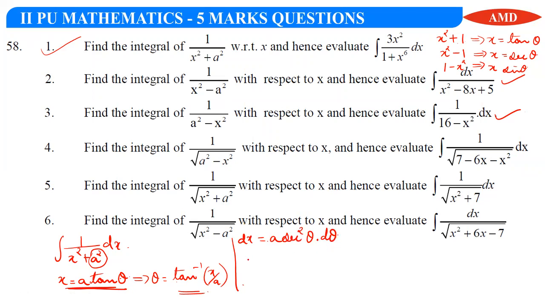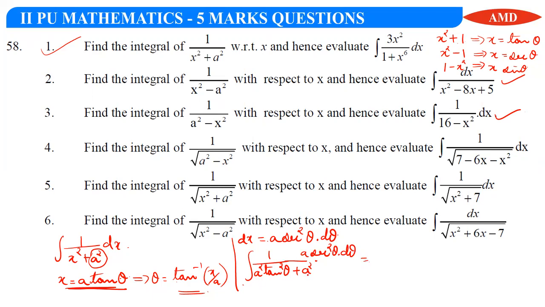Now I'm going to substitute in the given function. We have 1 divided by x, which is a tan theta, that becomes a square tan square theta plus a square into dx, which is a into secant square theta into d theta, that is equal to,